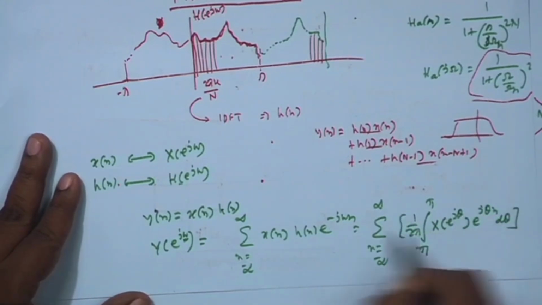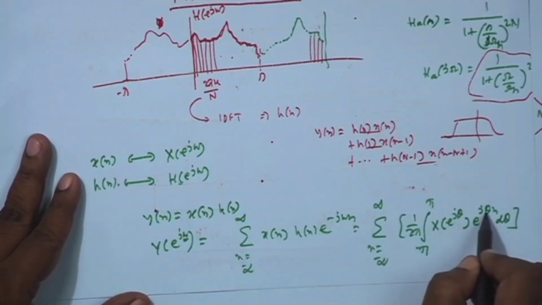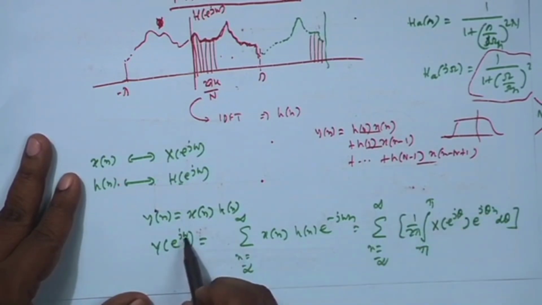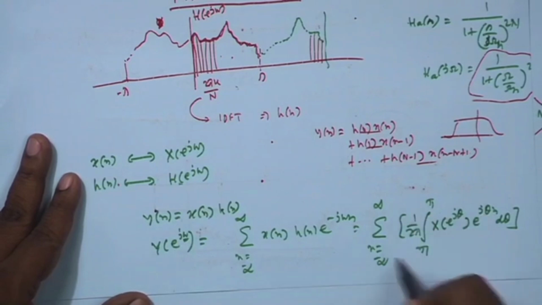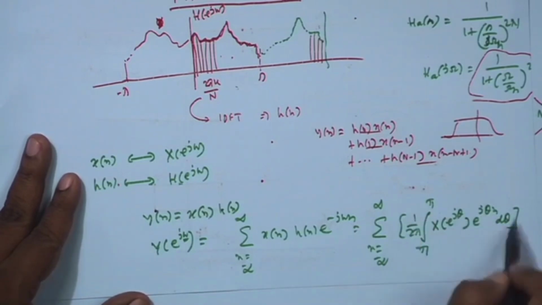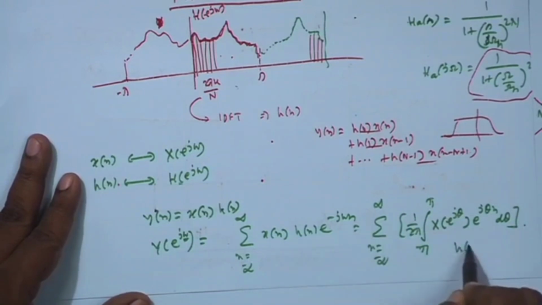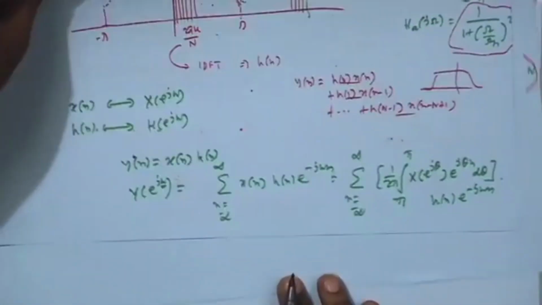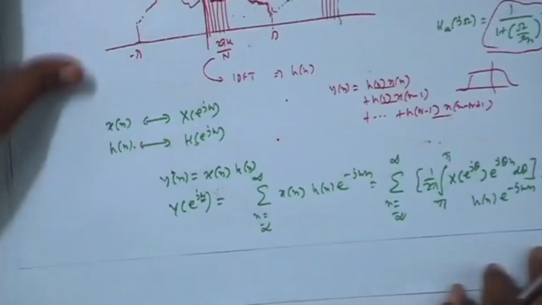This is the inverse DTFT of x[n]. I do not bring omega here because omega is fixed from outside, so you cannot use it as a variable within an integral. So, this is your inverse DTFT relation for x[n], and then remaining as it is h[n] e to the power minus j omega n, and now the integral is a summation, this discrete summation. So, you can interchange the two,